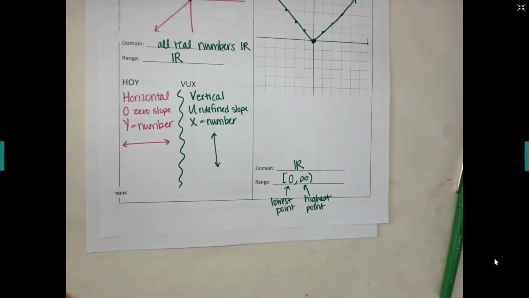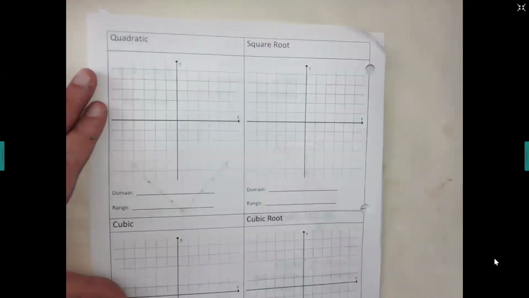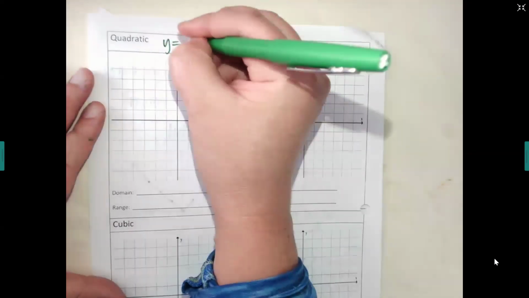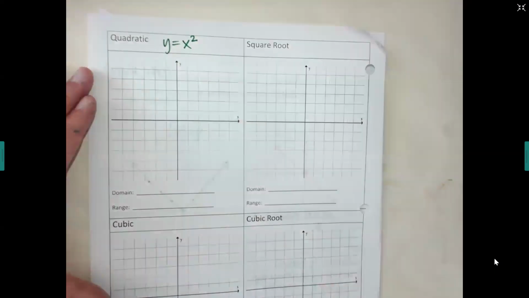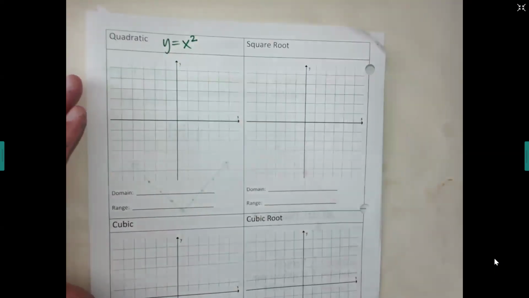The next family that we're going to cover is quadratic. This one is also shaped like a letter. You remember what it is. Get it? U. It's the U. Okay. So go to your next one, put y equals x squared at the top. So anything with a squared in it is going to have the U shape.